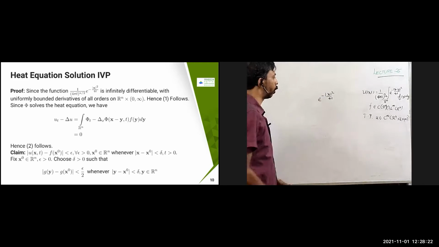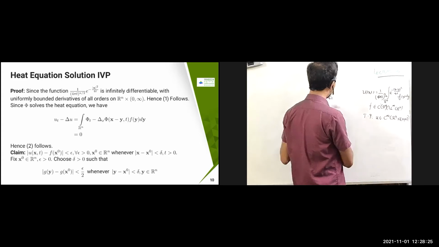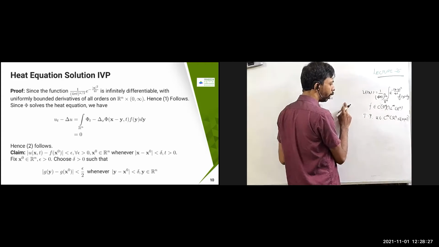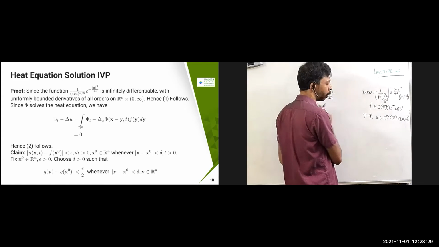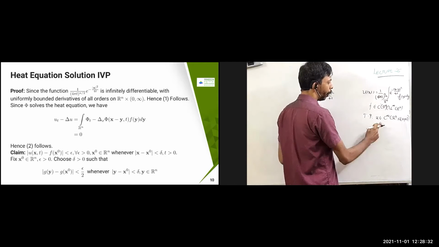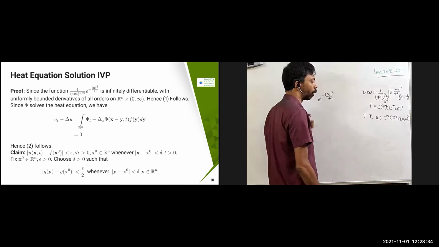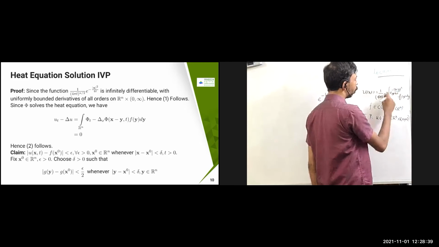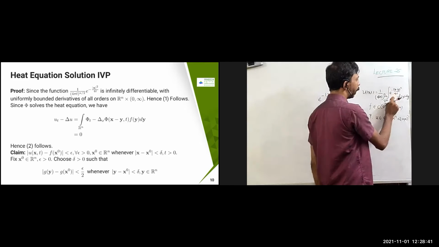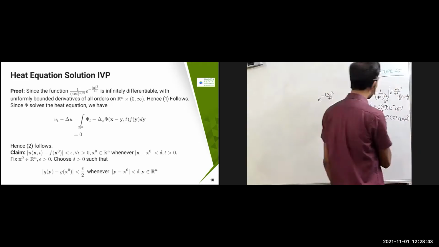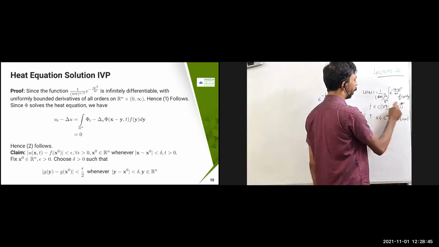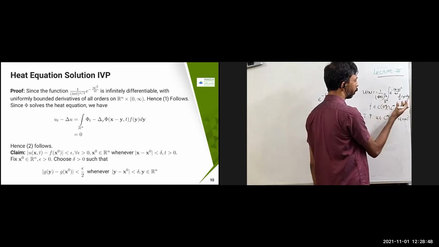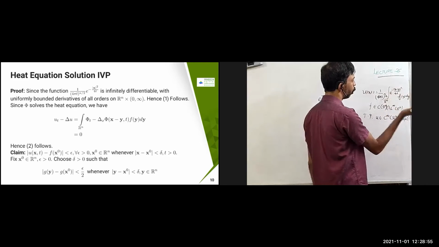So therefore, since it is uniformly bounded, infinitely differentiable, and all derivatives are uniformly bounded, what you can claim is that u belongs to C infinity of R power n, because once you apply this over here, this is going to be infinitely differentiable. Already it is given that f belongs to C of R power n, and you are going to multiply by that only, so once again L infinity of R power n is going to be there. Therefore, whatever you do, the UV rule, you keep on applying that.